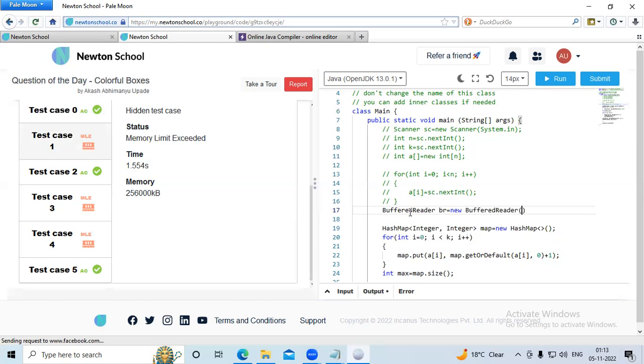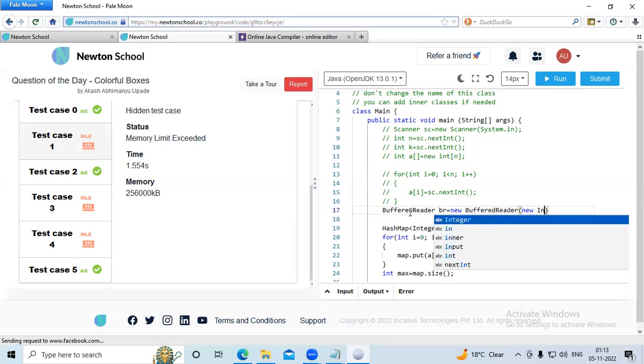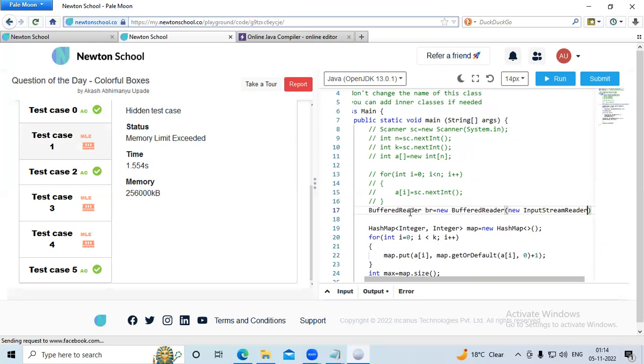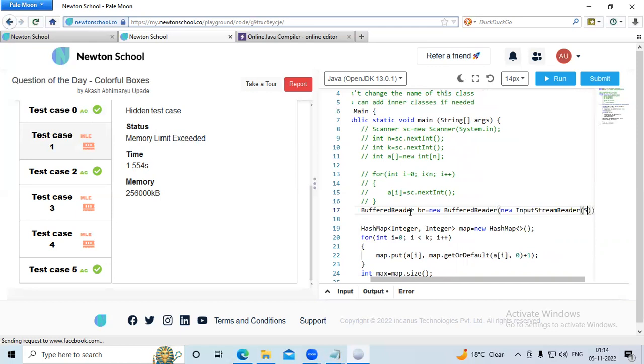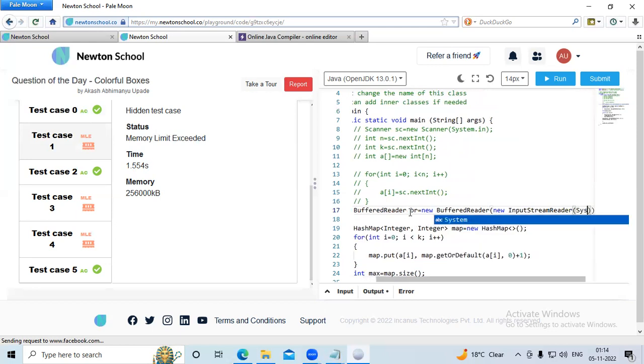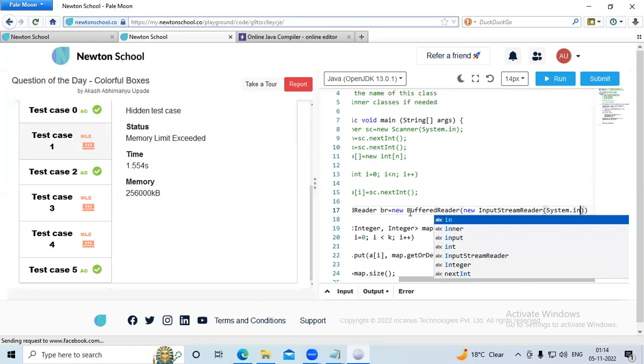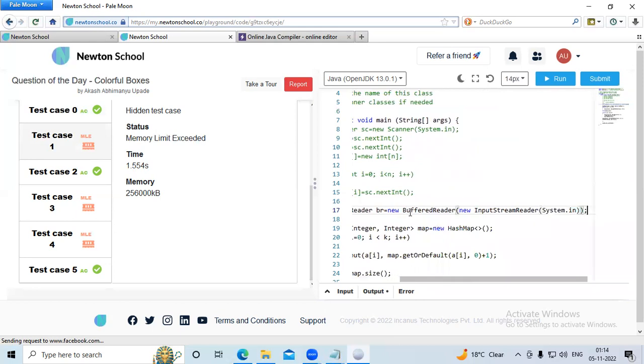और इसके अंदर हम लिखेंगे new InputStreamReader. और उसके अंदर हम ब्रैकेट में लिखेंगे System.in. ओके, ये हमने बफर रीडर लिखा।